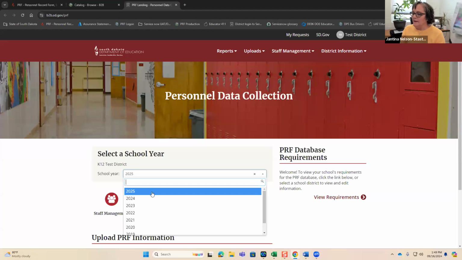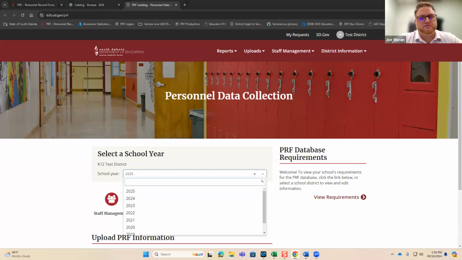The new software company accidentally didn't have the data locked down for 2023. So after July 1st, when those people's certificates expired, some of their cert statuses got switched. And we will go back at some point and get this corrected. Jantina, is it safe to say that the vast majority of the data for all years is accurate with the exception of some of those time-based ones that switch? Yeah. Okay. Yeah.